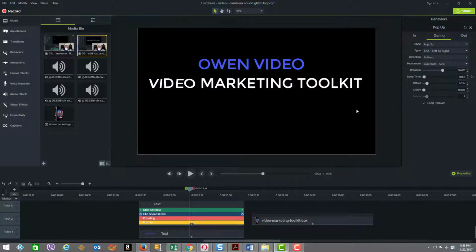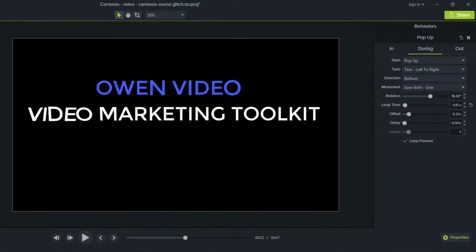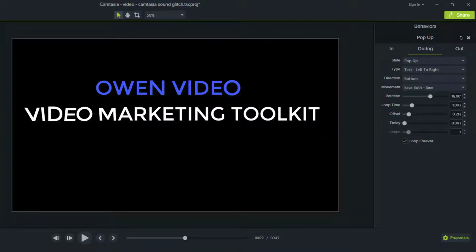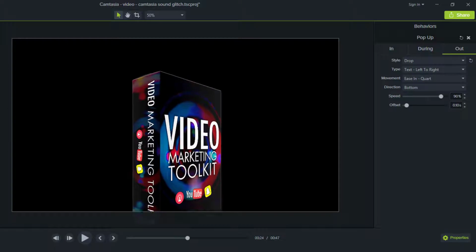Now if we go to the during, you can see here that the text is very jiggly, which is what I wanted in order to have it look like a glitch, and that's achieved by playing here with the loop time parameter. It's at 0.15, and if I click the reset, it goes to 1. So that gives you that, I really sped this up quite quickly. So we're going to set that back to our 0.1. Otherwise, when we get here into the